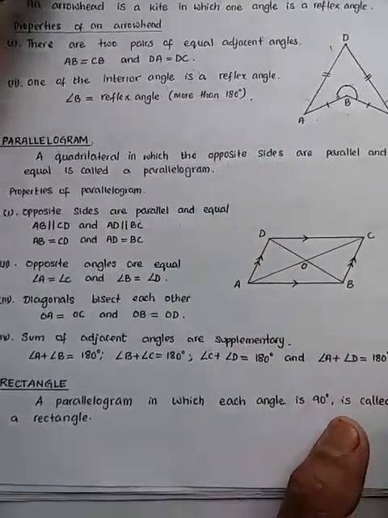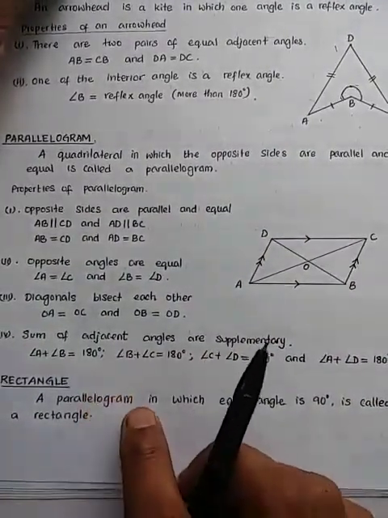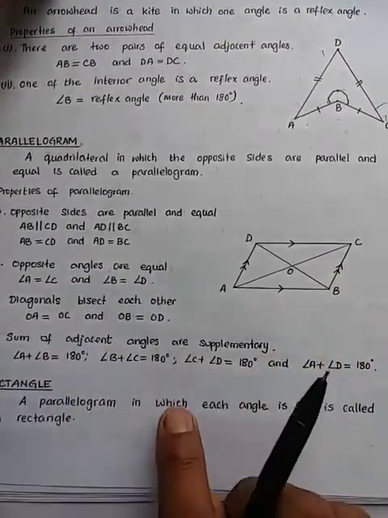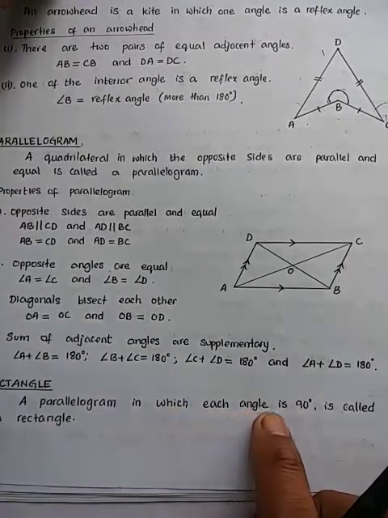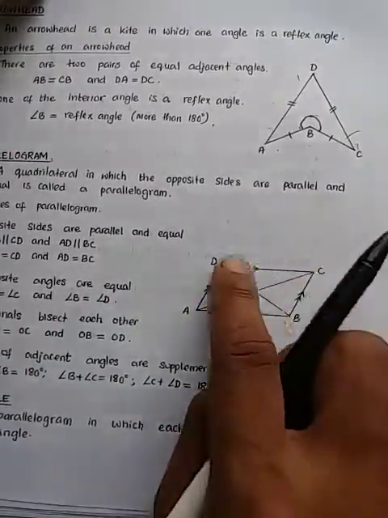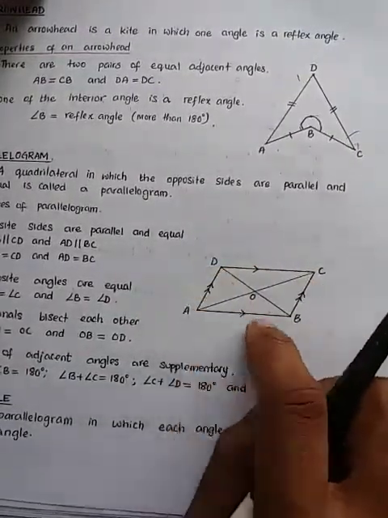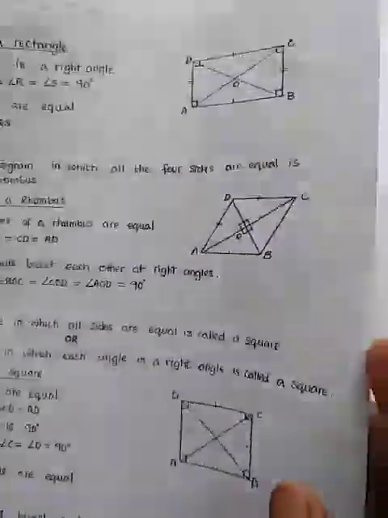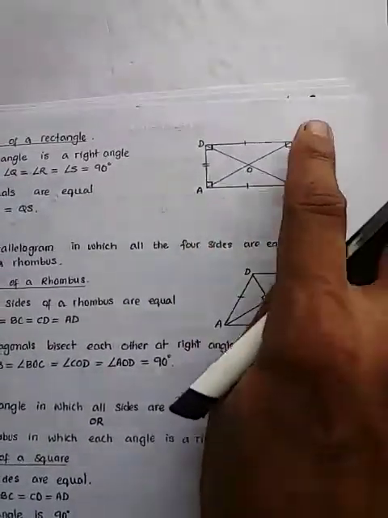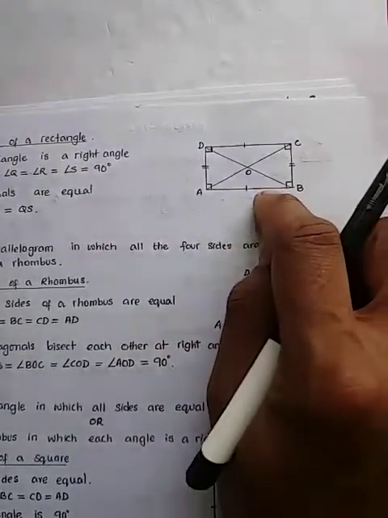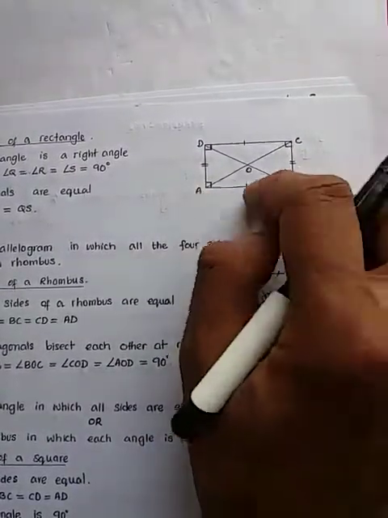Okay. Rectangle. So what is a rectangle? A rectangle is a parallelogram in which each angle is 90 degrees. So if each angle of this parallelogram is 90 degrees, then we'll get a rectangle. So here it is. ABCD is a rectangle. Since a rectangle is a parallelogram, here also opposite sides are equal,